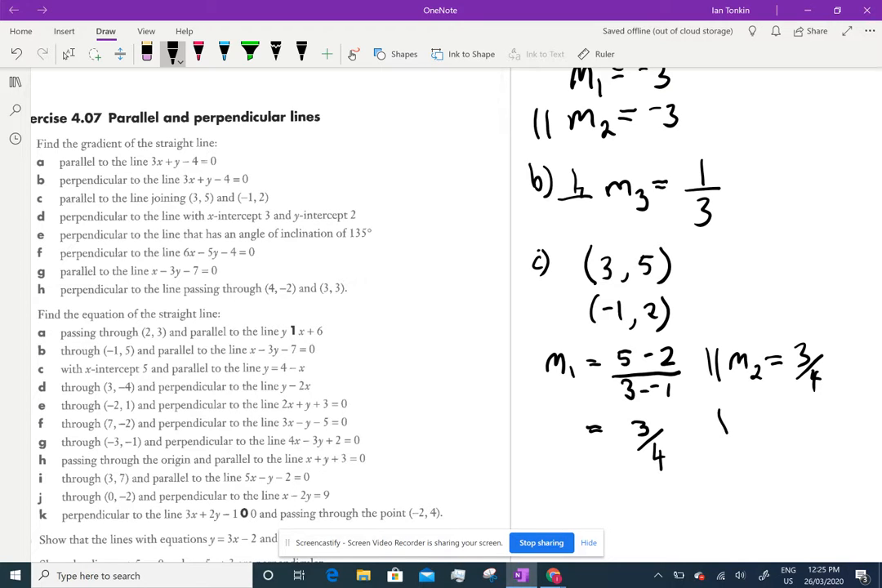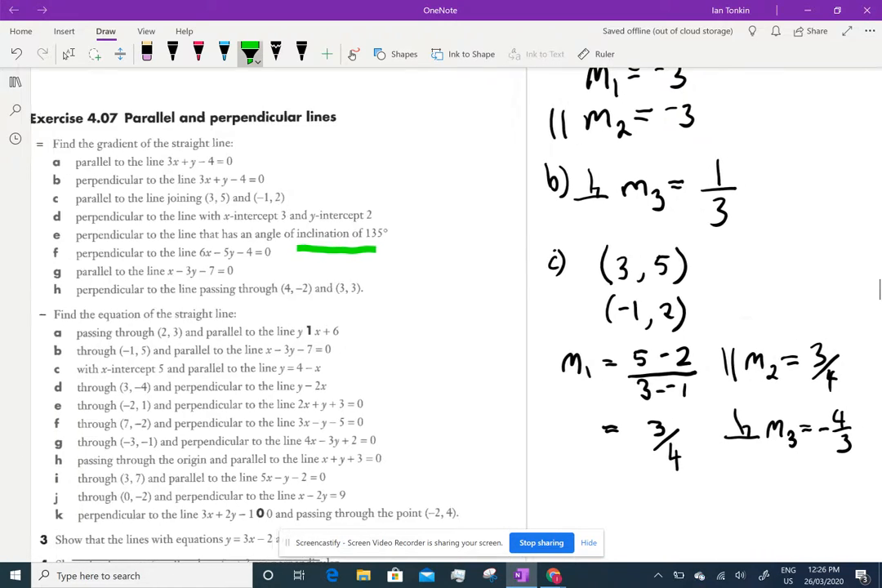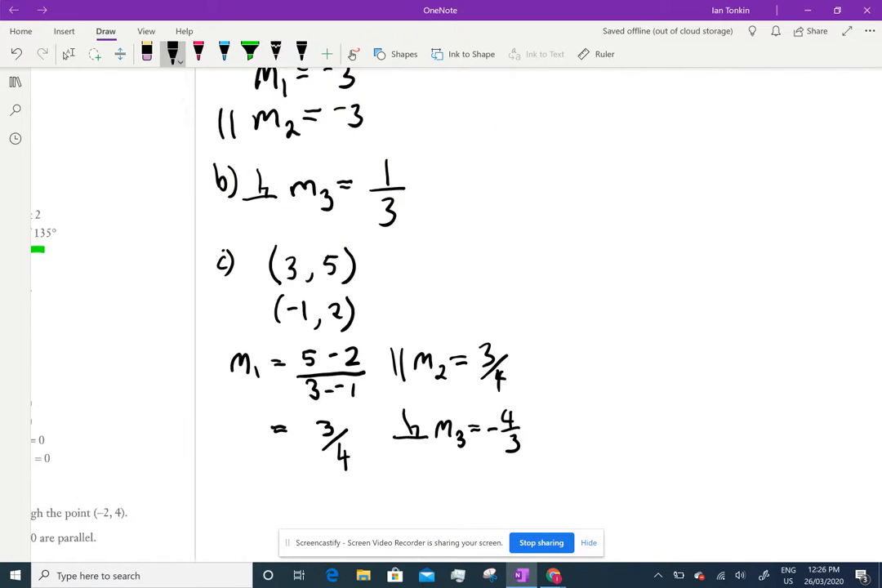If you wanted the perpendicular, and I know it doesn't ask for it, but I'm going to write it, M3, you turn it upside down, 4 on 3, and change the sign. It didn't ask for that, but that's okay. The only other hard one there will be this inclination, perpendicular with an inclination of 135. The other ones there you should be right with, but E, so if I do E,